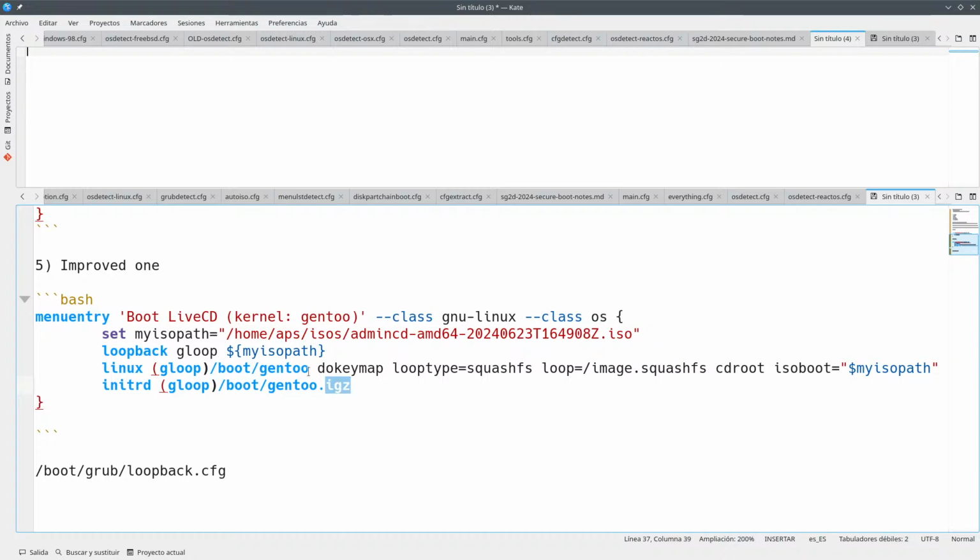You had to manually go into the ISO, mount it, copy the kernel outside of the ISO, copy the init.rd outside of the ISO, and then have a Grub2 or ISO Linux tell it, okay, use this kernel, use this init.rd, and look for the ISO in this specific path.